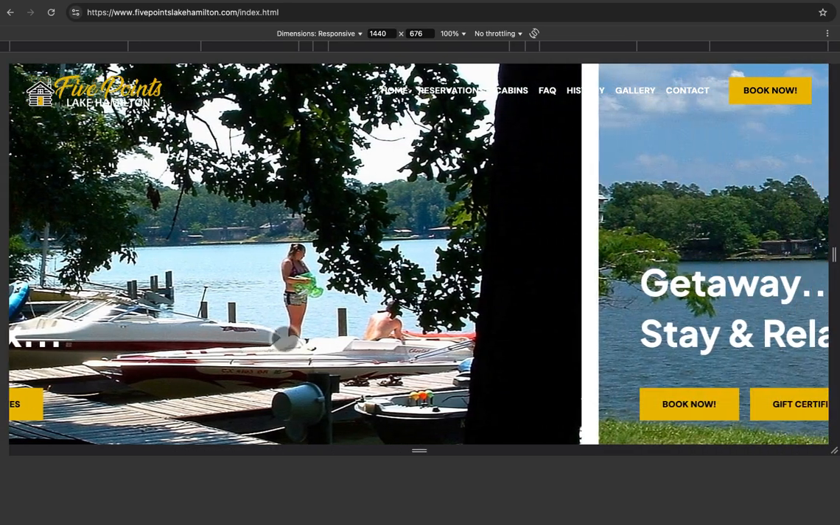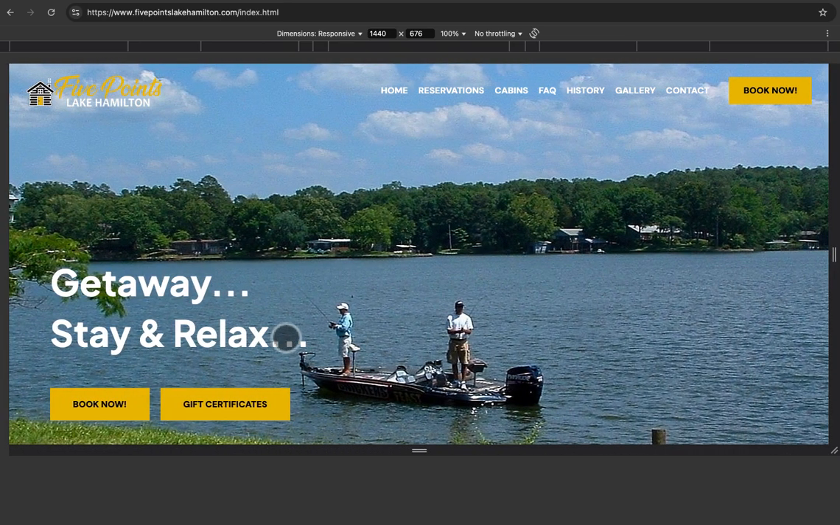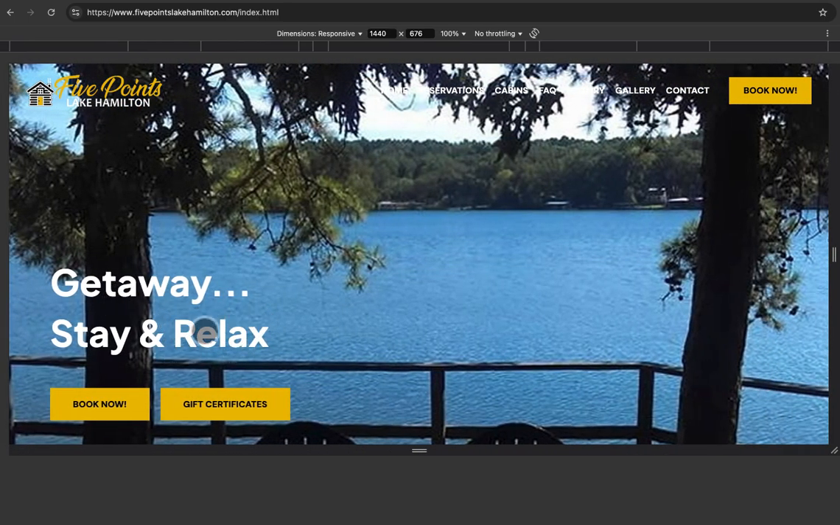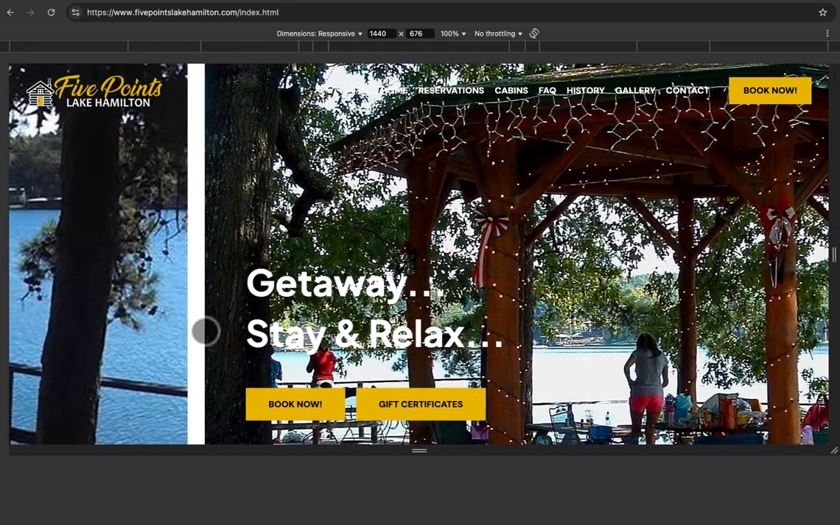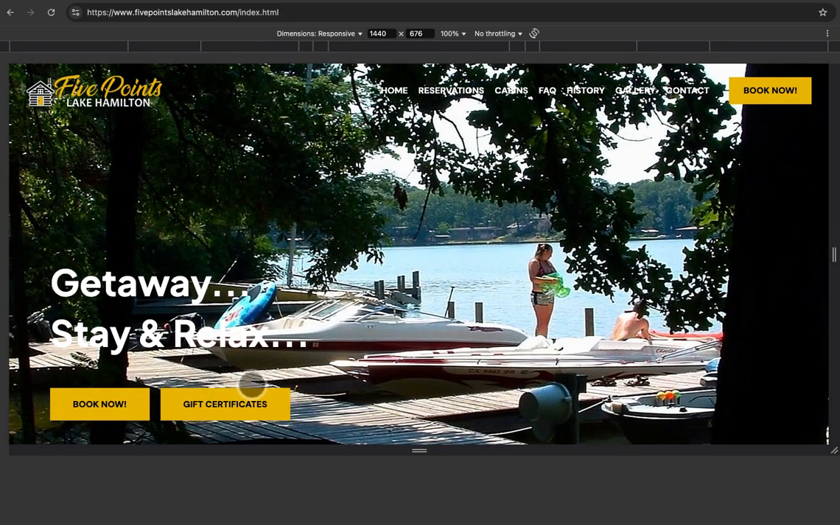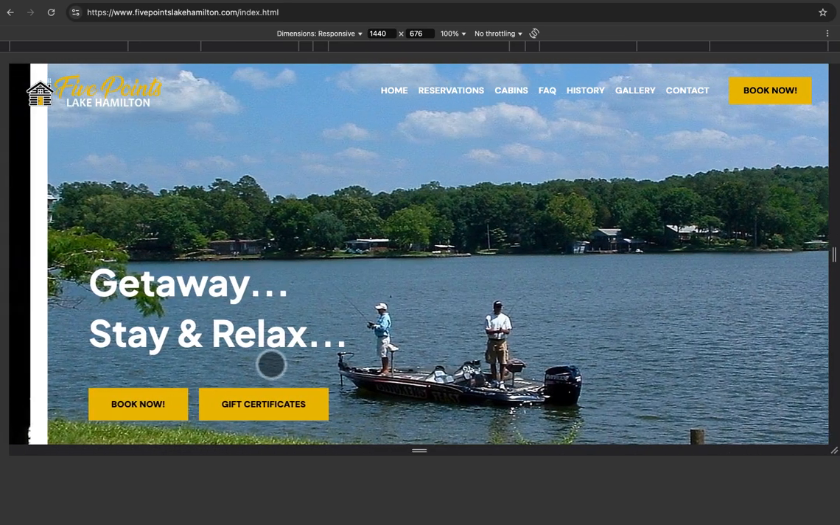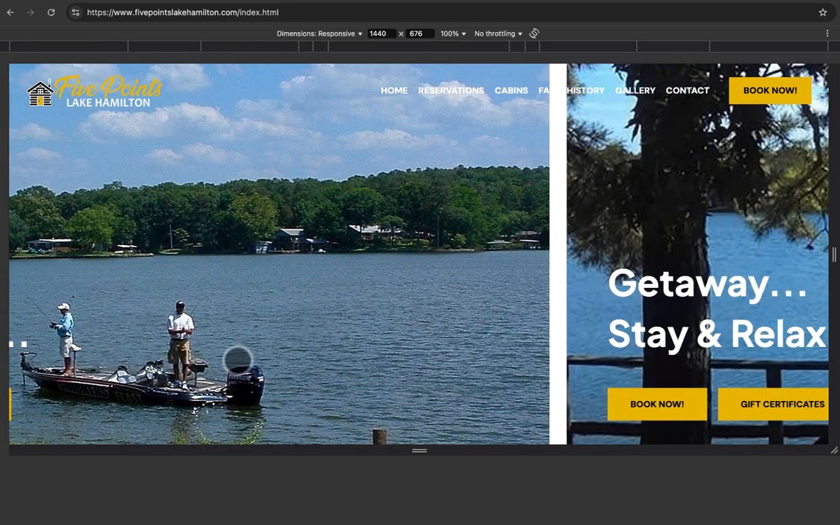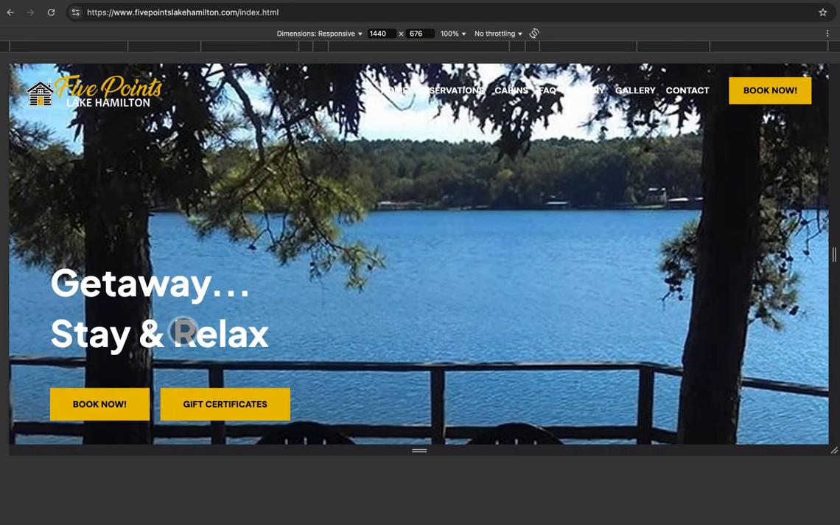My primary recommendation would be to either choose images that allow this to stand out, like this image is safe, this one's not so safe because it really gets lost in the tree leaves. And then I believe the next one gets lost in the boat. And this one looks great. This one's really nice. I would choose images that are going to allow this tagline to stand out,